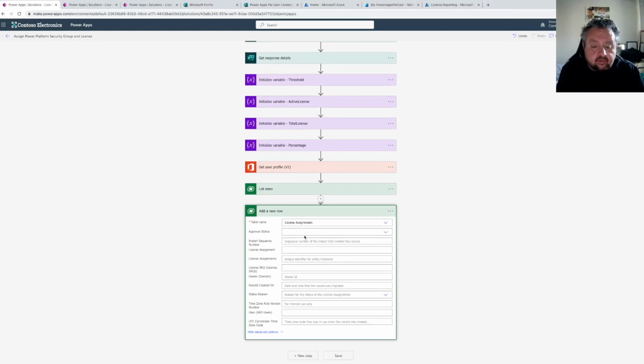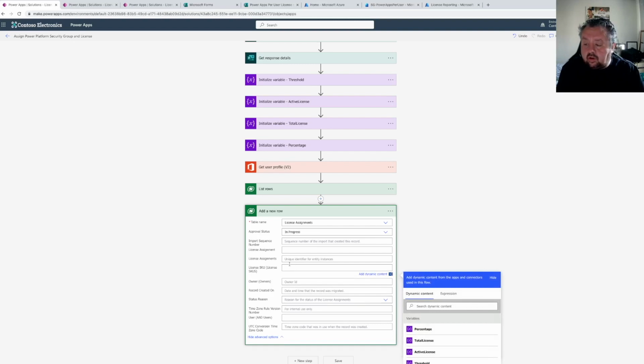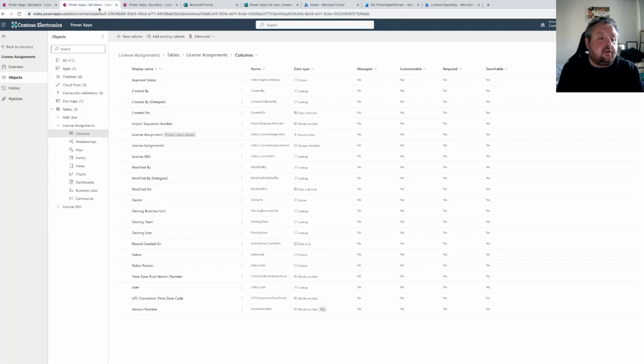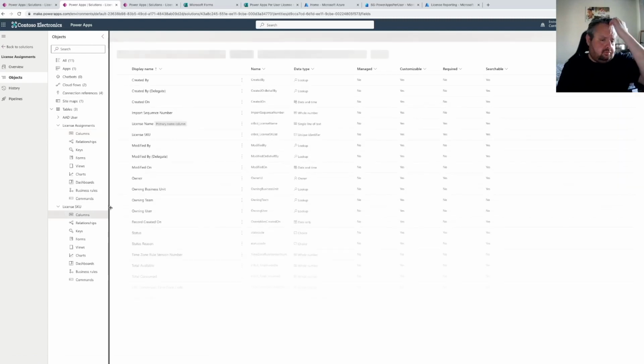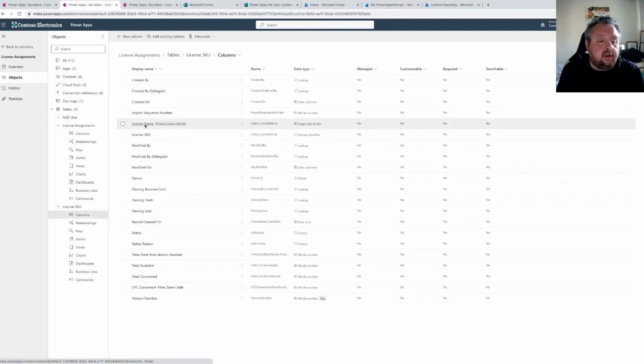The approval status is going to be in progress. Now we want to get the lookup from the license SKU table here, so we need to go into license SKUs, look at the primary name for that column, which is there,